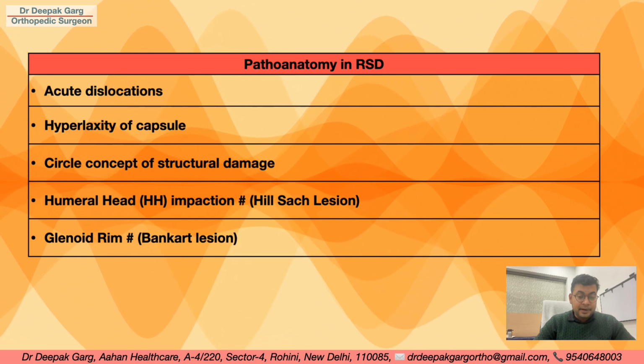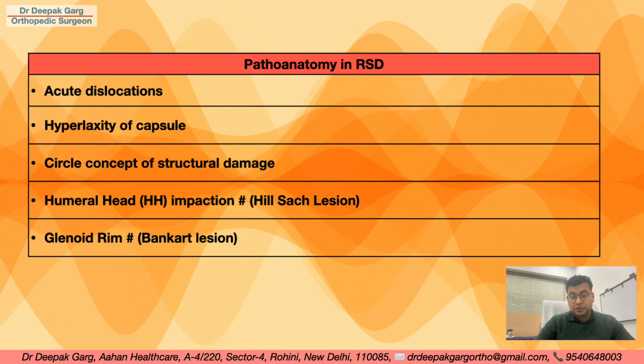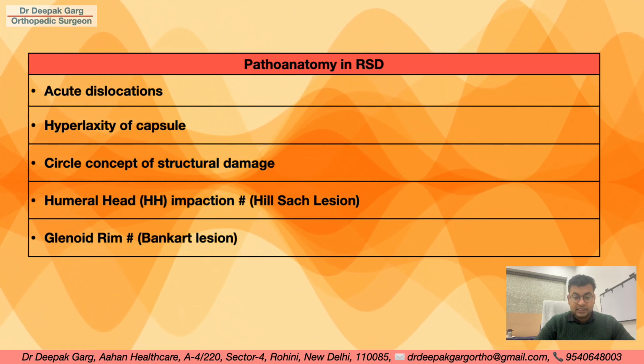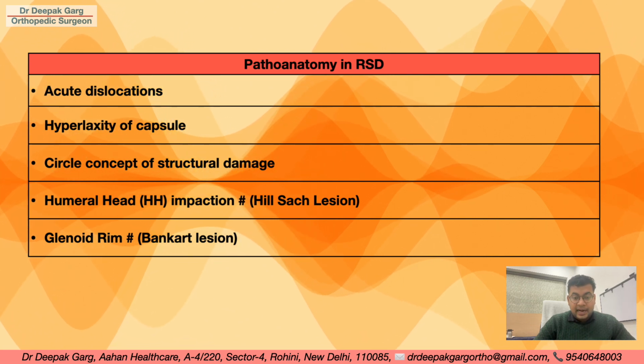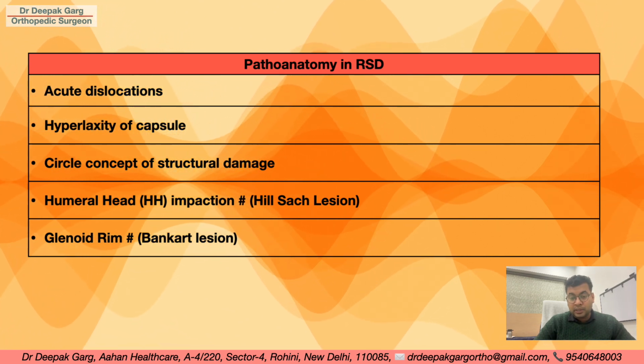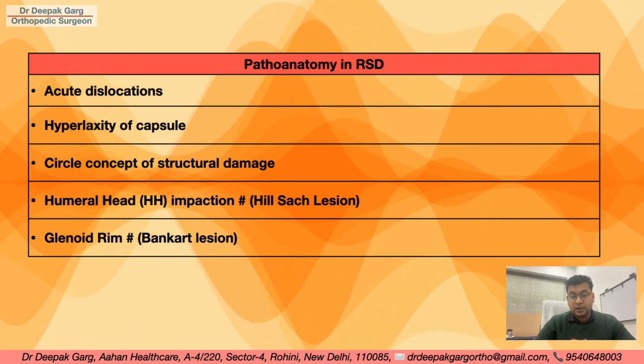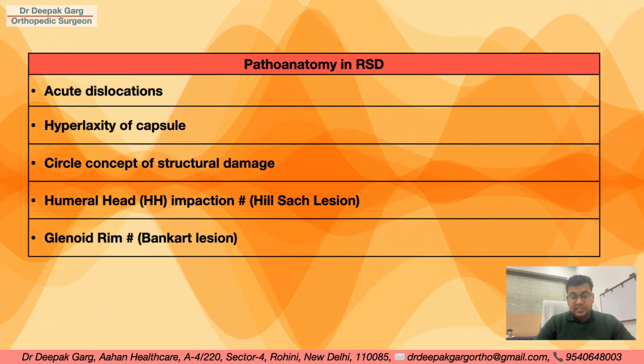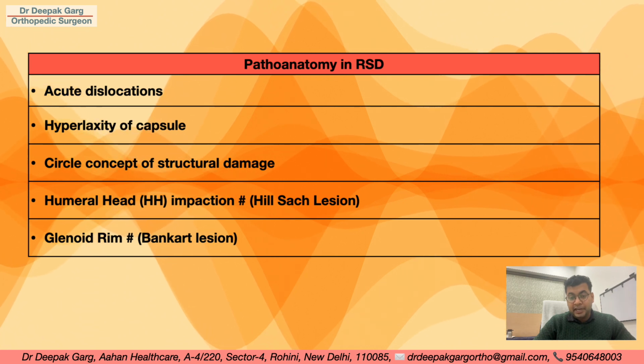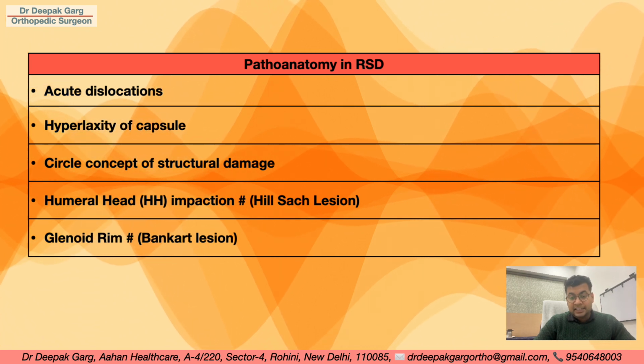Sometimes he can have a labral tear, as we have already seen. 30 to 40% of patients may have the Bankart's lesion or the Hill-Sachs lesion, and sometimes there can be a tear on the posterior aspect of the capsule also. So the acute dislocators, because of the tear of the capsule and the bony lesions or the labral region, may have redislocations.